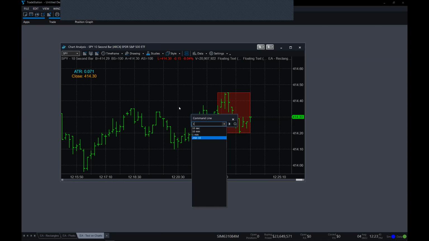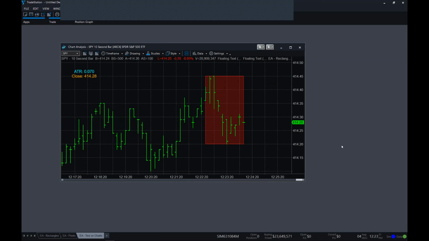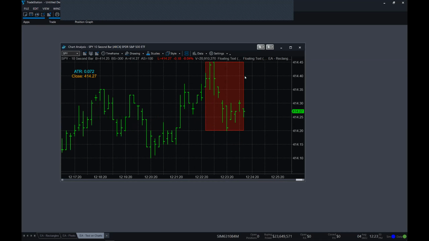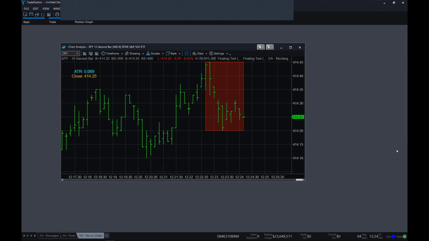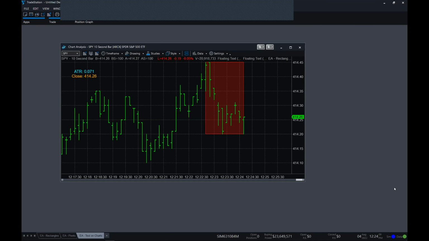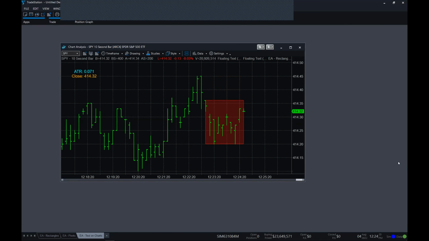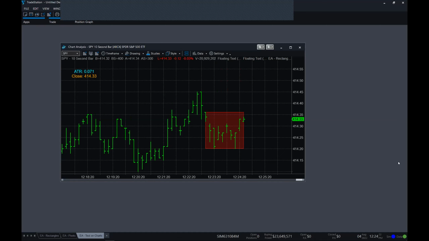Spread that out a little more. Okay, so every time we've got a rectangle between the highest high and lowest low over 10 bars. And every time we get a new bar, it's doing the same thing. Now we're going to make a new low. Oh, we didn't. I was hoping we were going to make a new low so we could see the rectangle shift vertically, but now it's moving in real time. And it's always going to show the last 10 bars, encircling the highest high and lowest low.